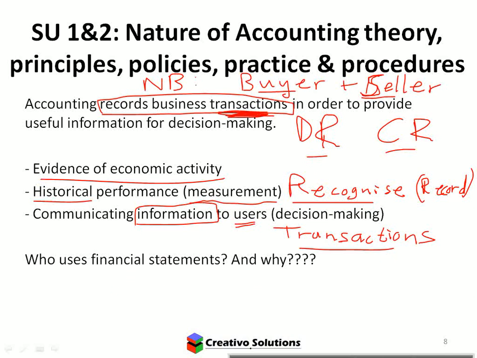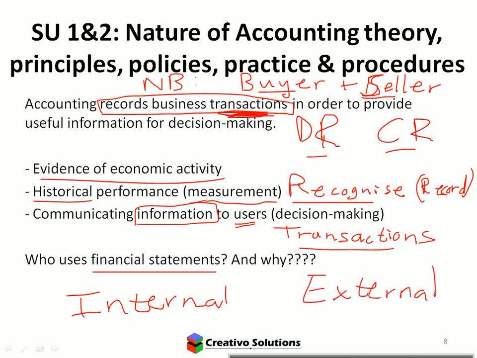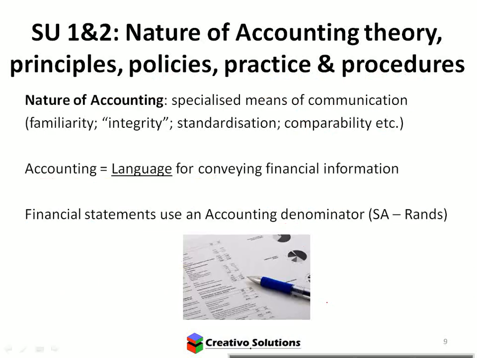Right, so who uses financial statements and why? There's many, many different users. The two main groups would be internal and external. So if I think internal, you could use CEO, board of directors, managers, supervisors, people inside the business. External, investors, shareholders, governments. There's a lot of people outside the business that would want to see. Maybe your supplier, even your consumer, maybe your customer. They might want to also look at your statements to see what sort of position you're in.